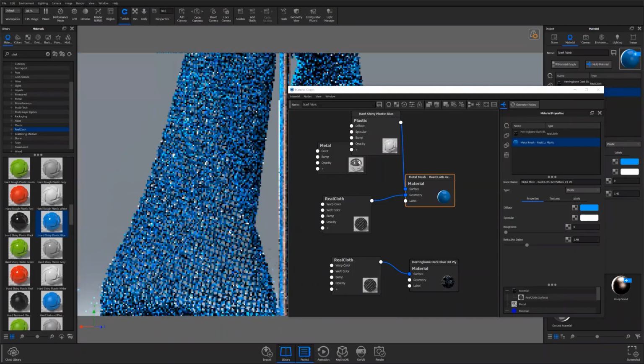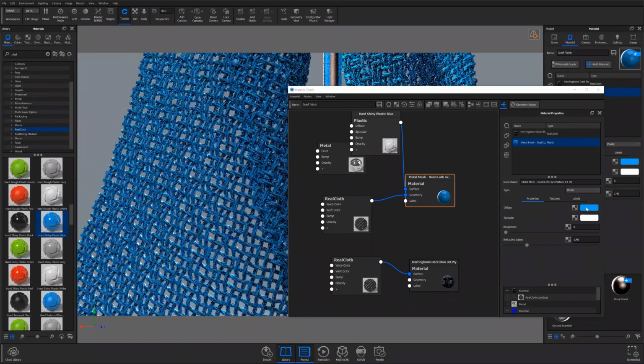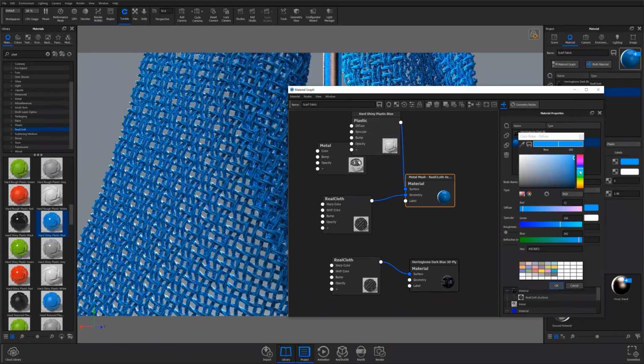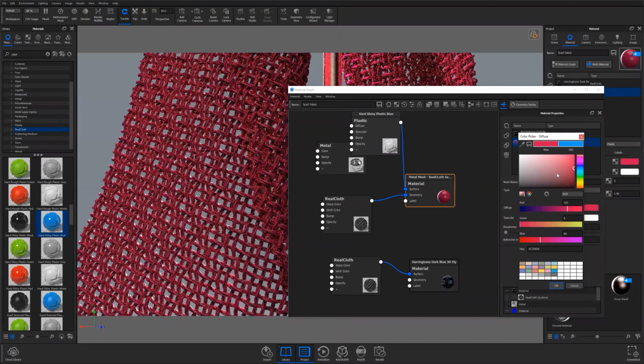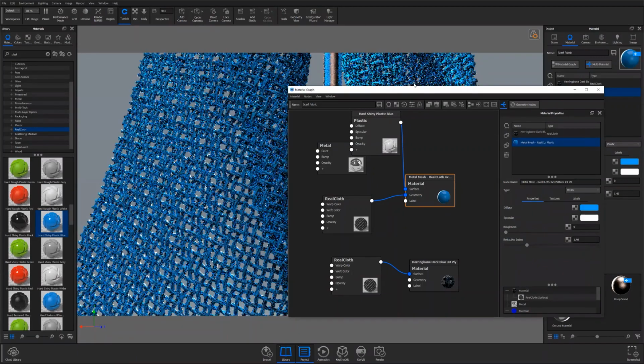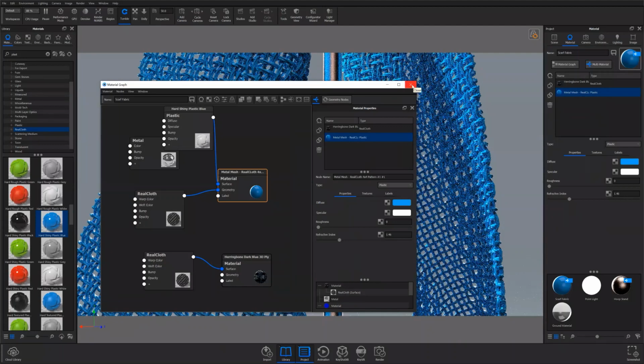So it's super easy. You can just jump back and forth, customize your colors, and really achieve whatever you're trying to achieve in a really short time. So it's much faster than trying to do that with procedurals or even RealCloth in the previous versions. So it's a versatile material. It's definitely one of my favorites. And I definitely recommend you guys play around with that, if for no other reason than to explore, because it's super cool. So I'm going to go ahead and pause that,